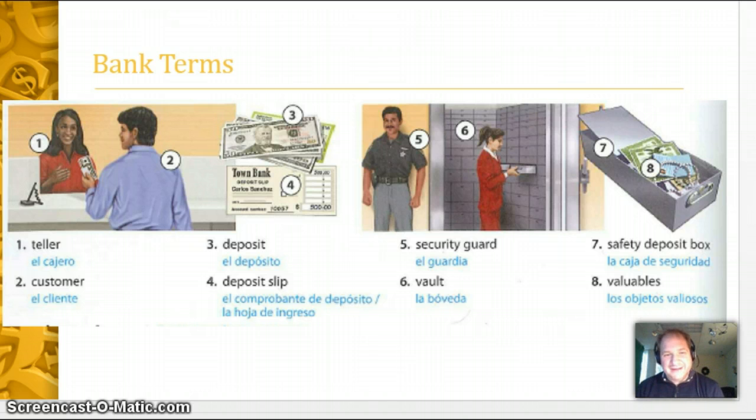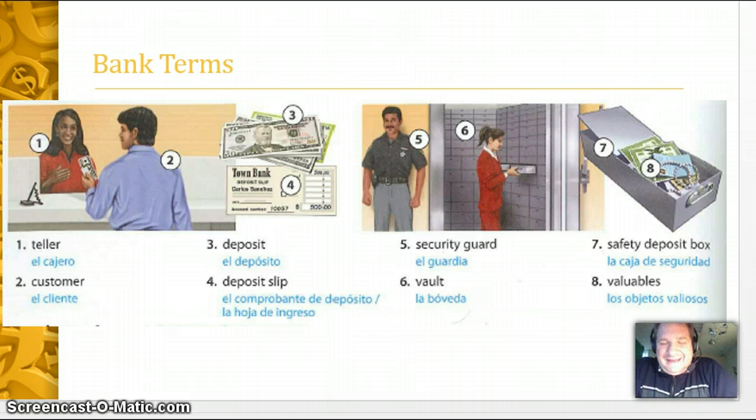First person you meet, el cajero or la cajera. The teller, that's the person who takes your money. If you're going to deposit, give money. Number 3. Withdrawal, not on here but should be. That's one of the words you have to know. Take money. And the great thing about tellers, they'll give you a lollipop, no matter how old you are. If you've got a baby, my baby wants 2 lollipops. One for you.